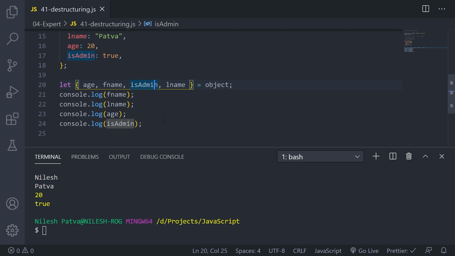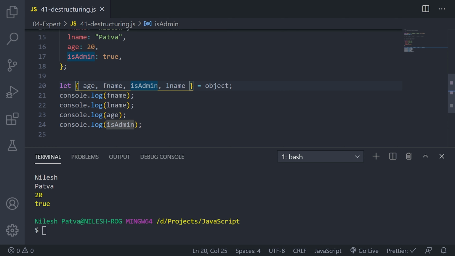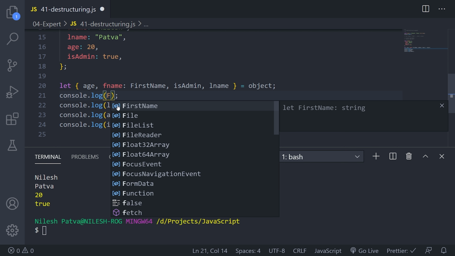But in many cases we have to rename the variables while destructuring. So how can we do that, we will see that part as well. Let me show you that first. Let's say I have fname, so I can rename it as first while destructuring. You can do something like this, not as, you can do something like this. So you have to now use first name here.